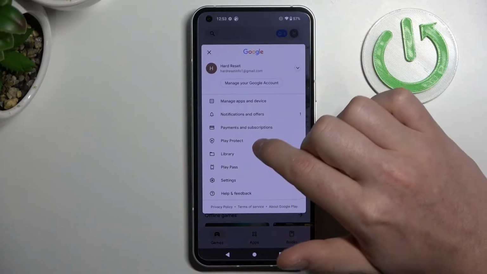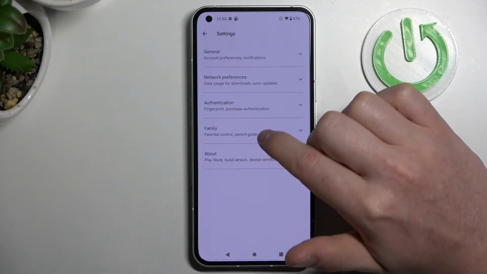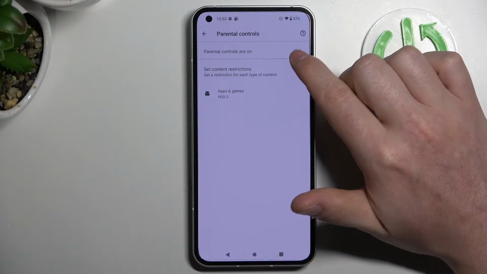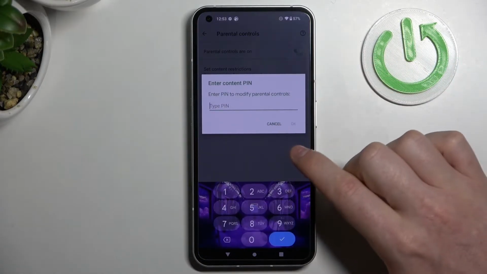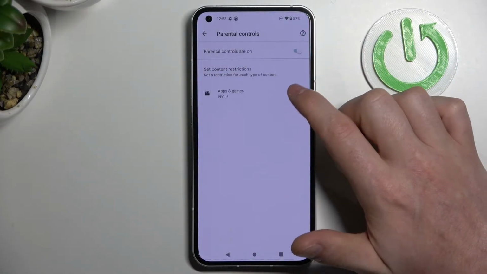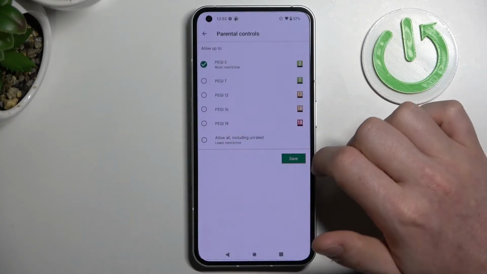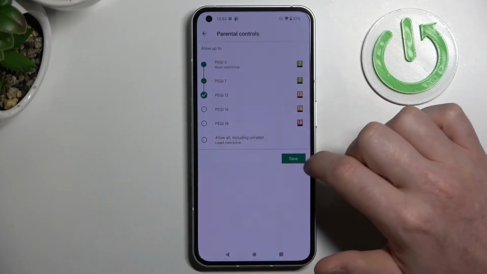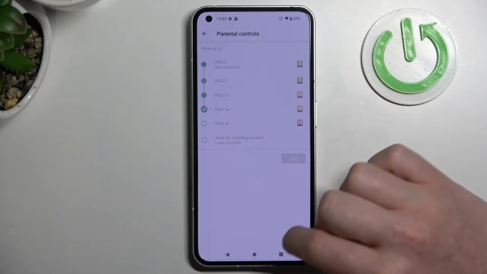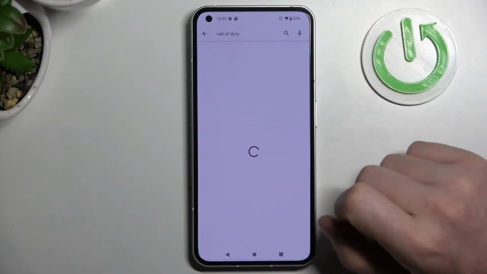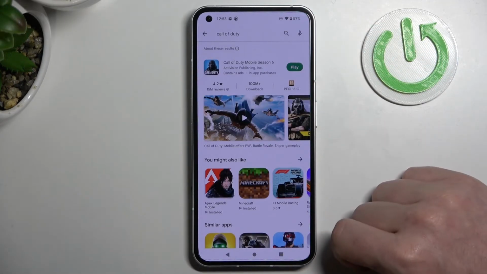click on the profile icon, move to the settings, reveal the family, move to parental controls, and here either disable parental controls entirely or go for apps and games, enter the PIN code, click on OK, and increase PG to at least 16. Make sure to save that, and after doing so, let's try finding Call of Duty again, and it's right here. And that's it for this